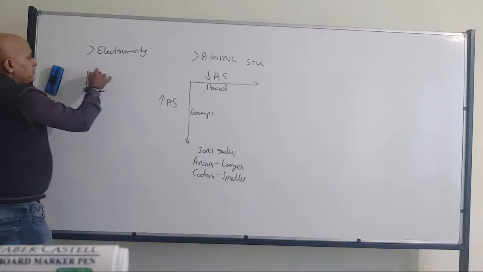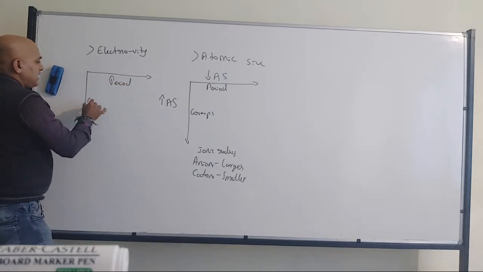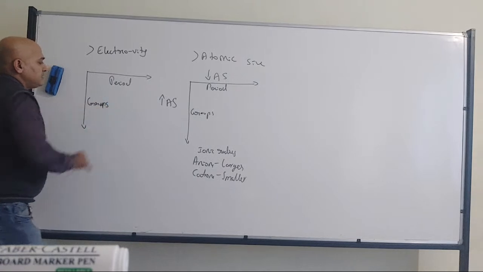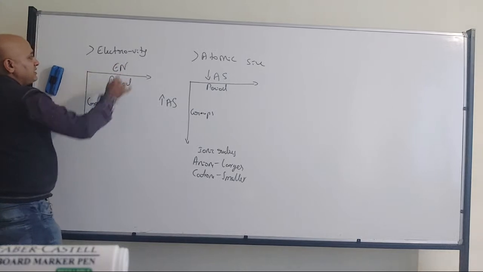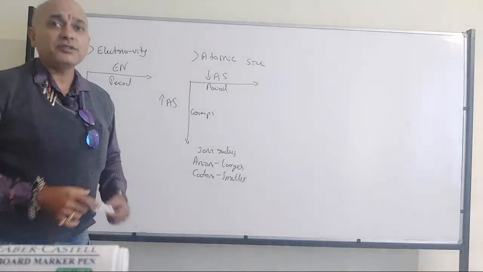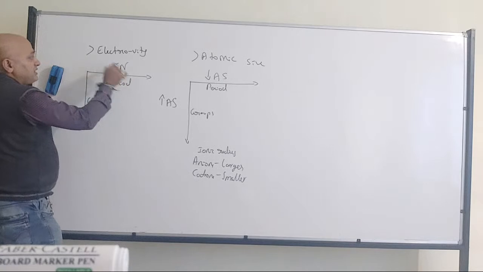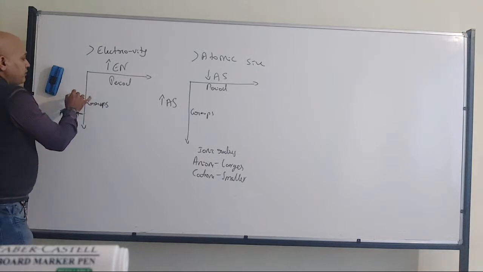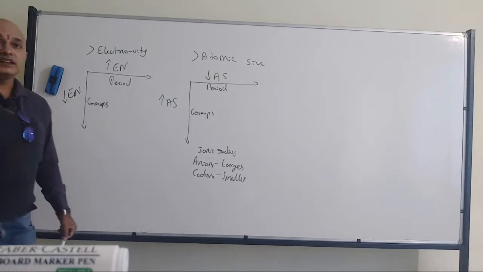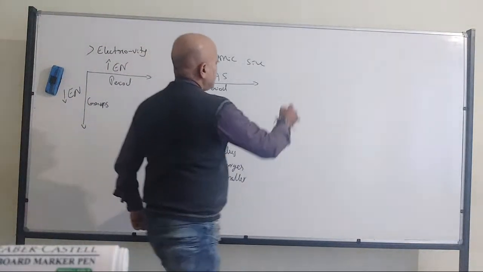Now, if I plot the diagram, that's where I have the period and that's where I have the groups. Right? So now, along the period from left to right, what is happening to electronegativity? EN, we will imagine EN is electronegativity, but don't use the same thing in your exam. It's going to increase when you are moving from left to right. Now when you are moving down the group, what is happening to electronegativity? It is getting decreased, right? So that's where we have the electronegativity.